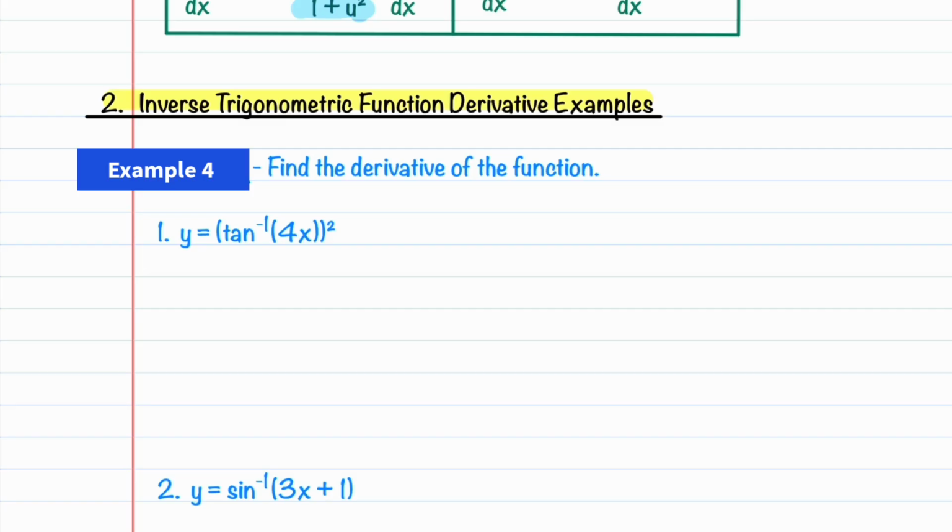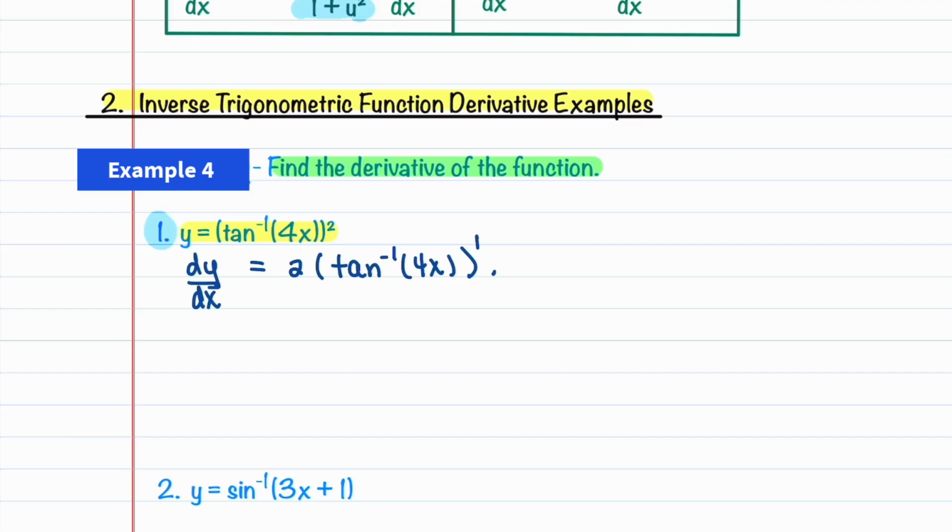In each of these examples, we are going to find the derivative of the given function. In our first example, our function is y is equal to the inverse tangent of 4x, quantity squared. On our left-hand side, we have dy/dx. And to find the derivative of the right-hand side, we are going to use the power rule. So we have 2 times inverse tan of 4x to the 2 minus 1, which is just 1, times the